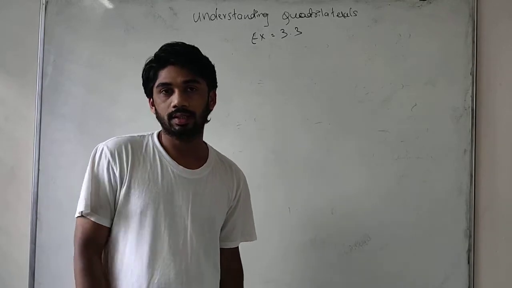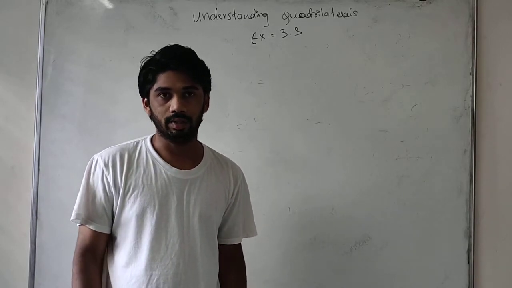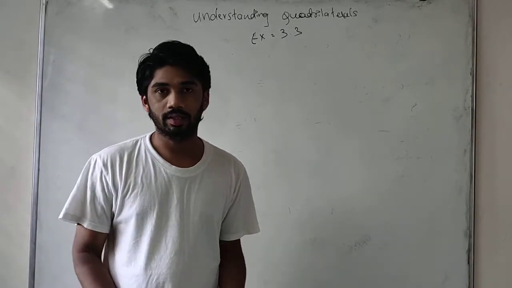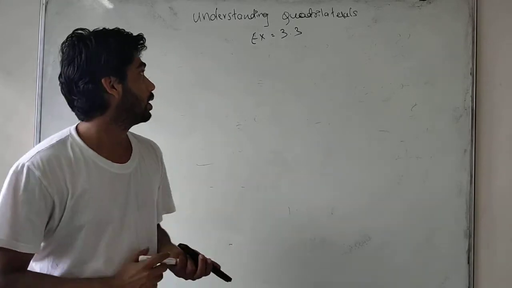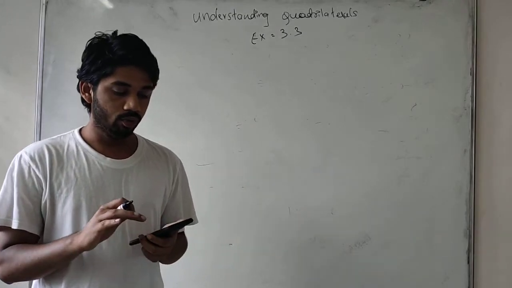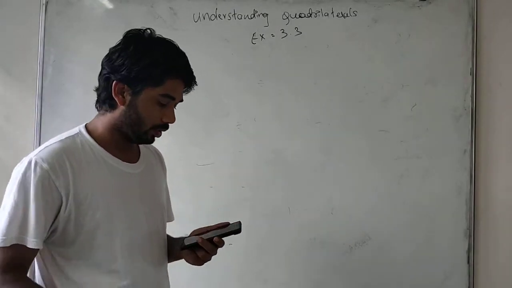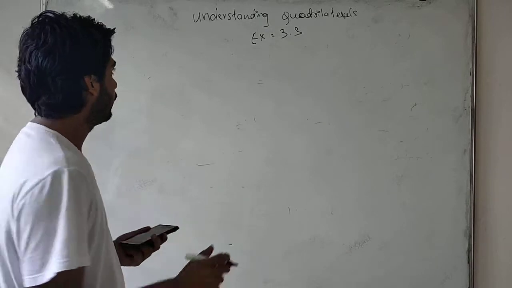I will be taking this class in English and Hindi bilingual language, so that everyone must understand it. Okay, students, now let's just start the class. Exercise 3.2, Understanding Quadrilaterals. I have done two main questions in the previous class. In today's class, I will be continuing from the third main question.